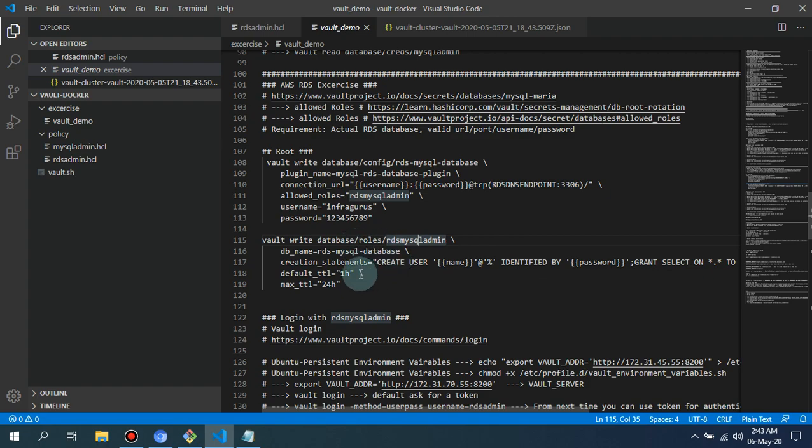You can say this is the assumed name of our database. This is the creation statement, and the default TTL is 1 hour. You can set it according to your need. The max TTL is going to be 24 hours. So simply copy this command and paste it